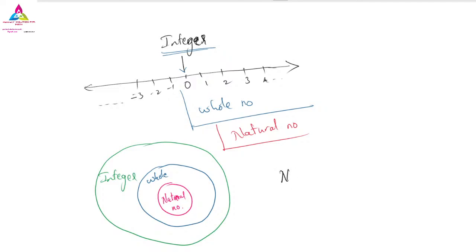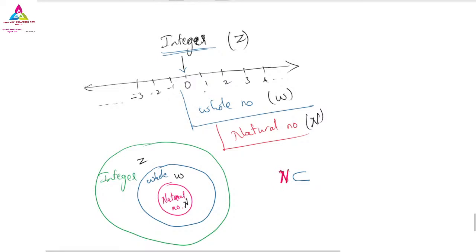Natural number is denoted by N, whole number is given by W, and integers are given by Z. So natural number is N, whole number is W, and integer is Z. I will take this pink color, it will be good. So natural number is always a proper subset of whole number, because it includes all the elements of the natural numbers. Then it will continue: whole number is a proper subset of